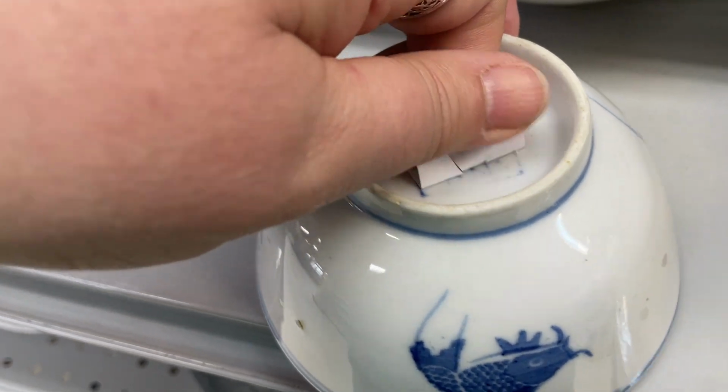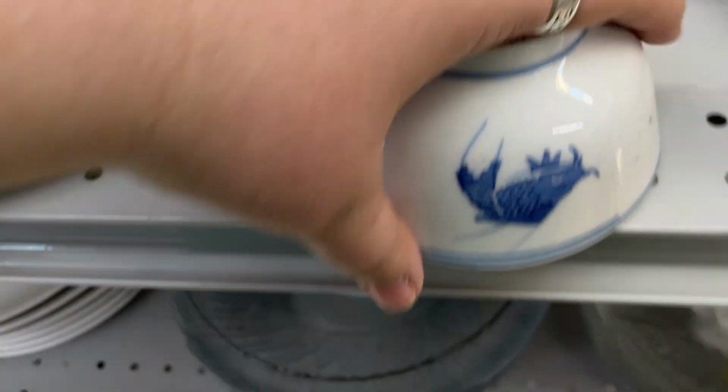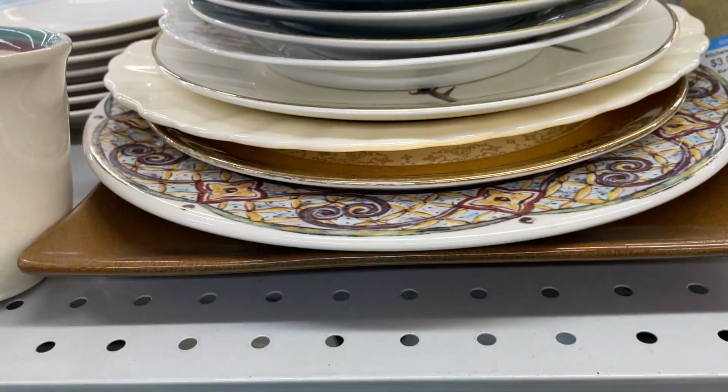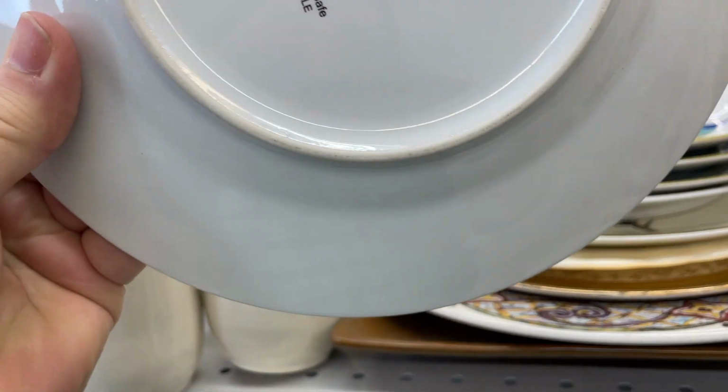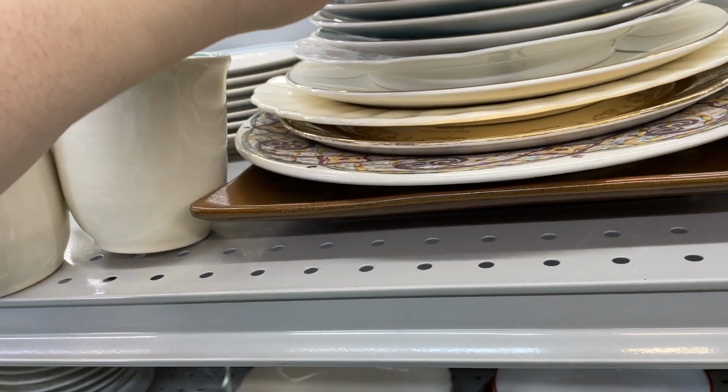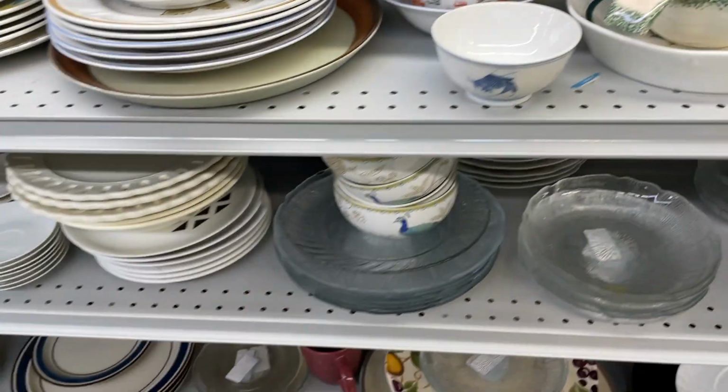I believe it was artist signed under there, but then I also spotted these plates up here that matched those bowls with that beautiful peacock design, and realized that the price sticker was for the set. All right, the last thing that I picked up was 4 bowls and 4 plates, all made by this